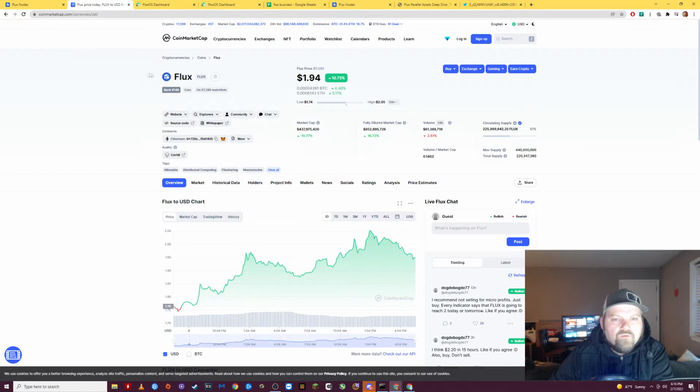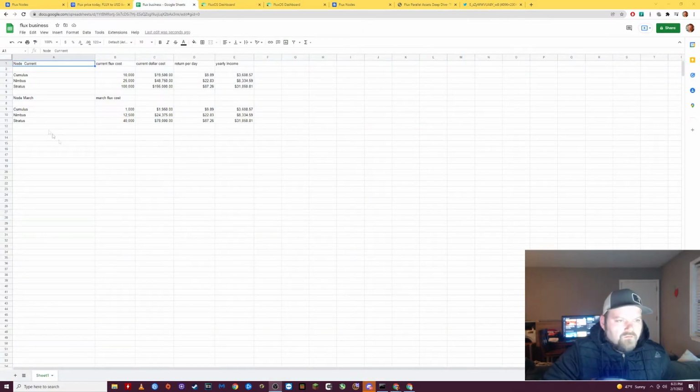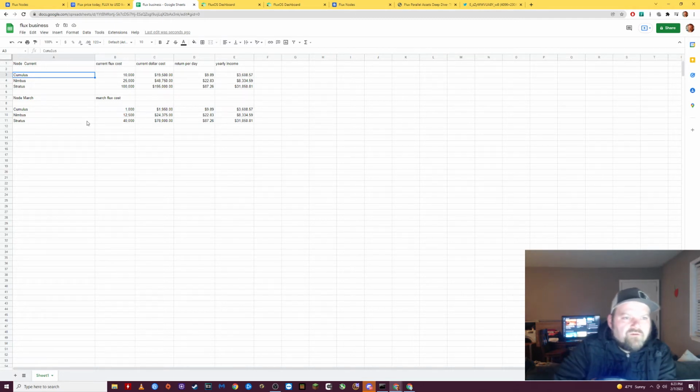So the current coin price is $195, $194 each. I think in my chart, I made it $195. So this is the sheet that goes over the nodes. We have all our nodes listed in, I guess, financial order. And then this will be the node returns after March with their current prices listed. So current price, and then this will be the March to April transition price. So the current dollar price is